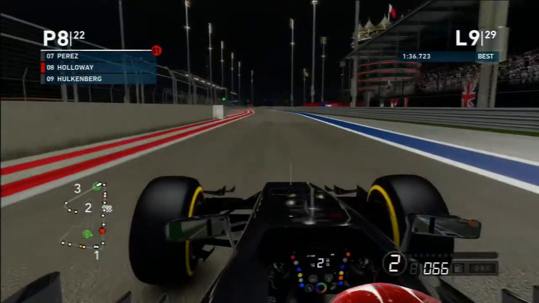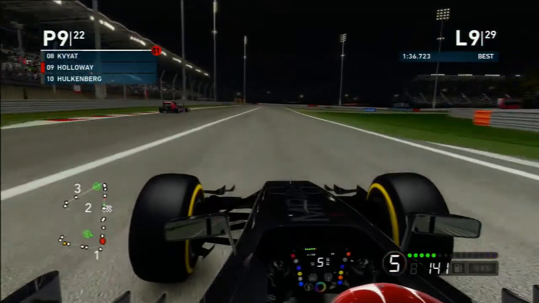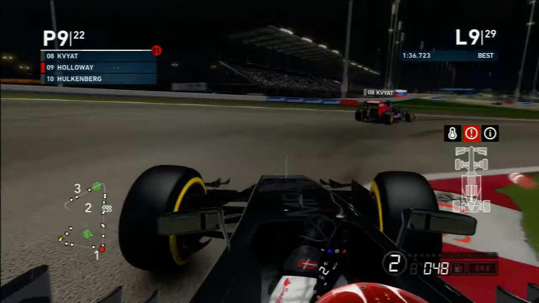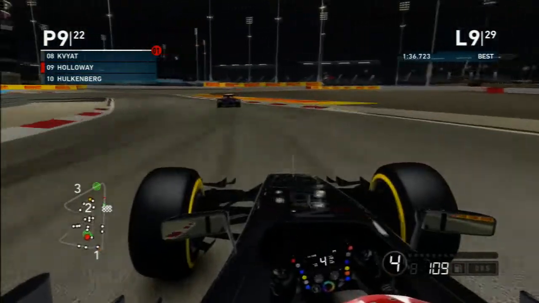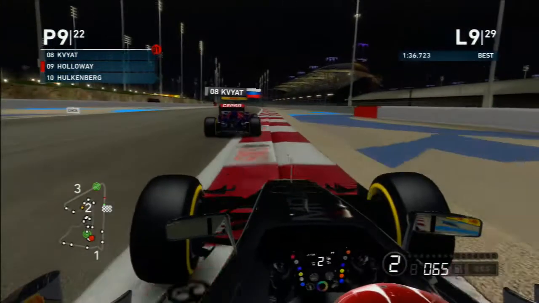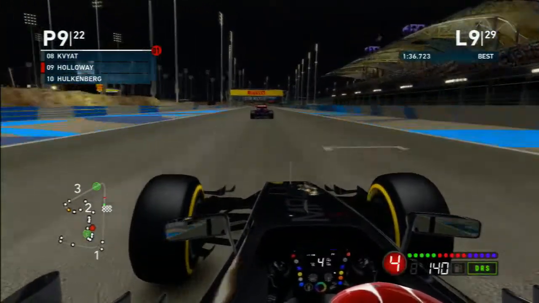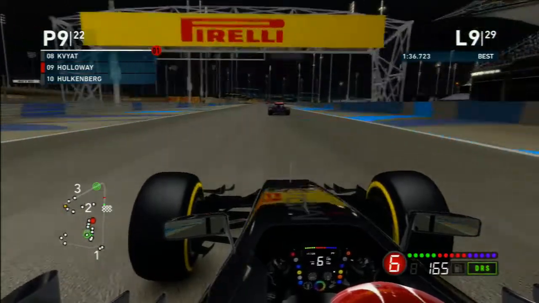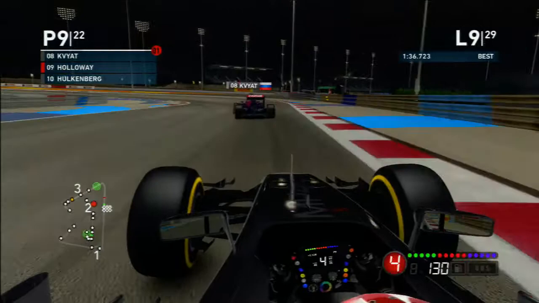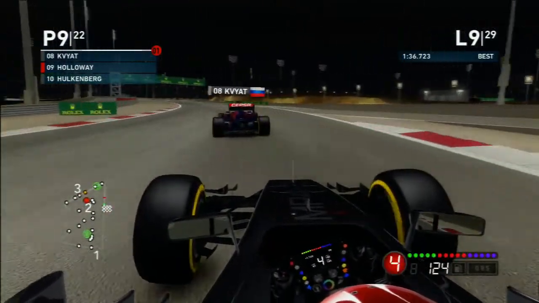So out we come then, it looks like we're going to be P8, although through comes Kvyat now then, and we're down to P9 then, but we may even be able to get him on this lap. Not that it matters, because he will be pitting probably this lap or the next one, and you can see that later on in the lap we have managed to catch up to him, and well, the Toro Rosso not as quick as the McLaren, and it's on old tyres, but it is nice to see for once that we are closing in on someone